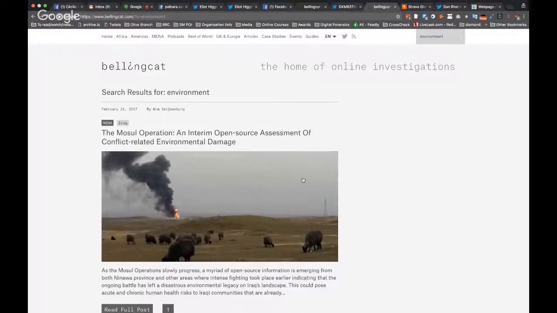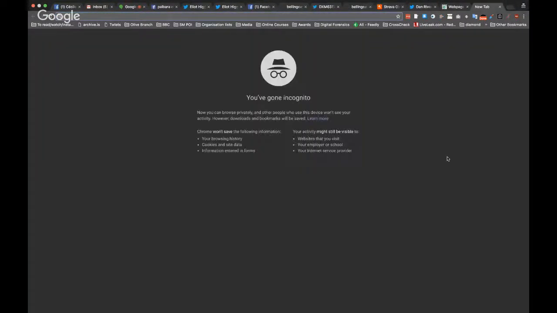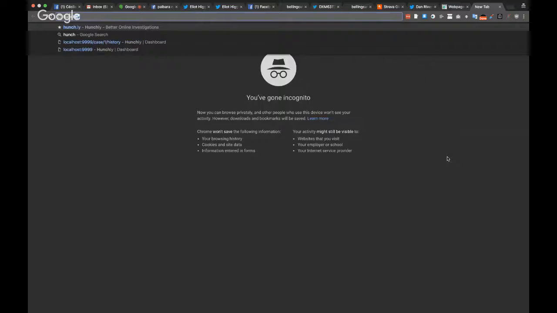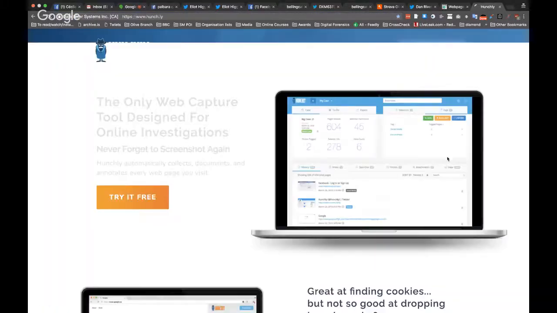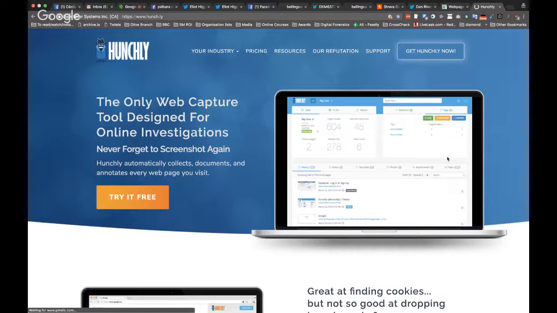A final tool that I wanted to talk about costs a bit of money, but this one is really, really good. And it's not about verification. It's for when you run your investigation, and that happens a lot.